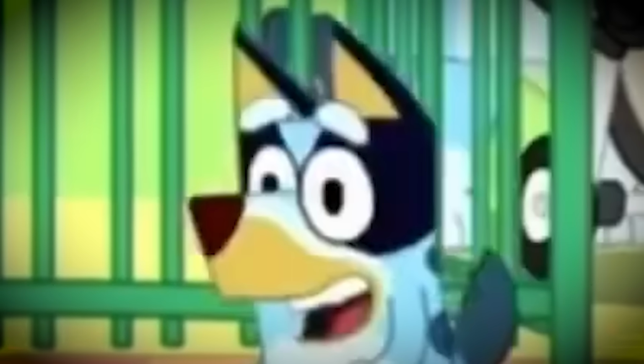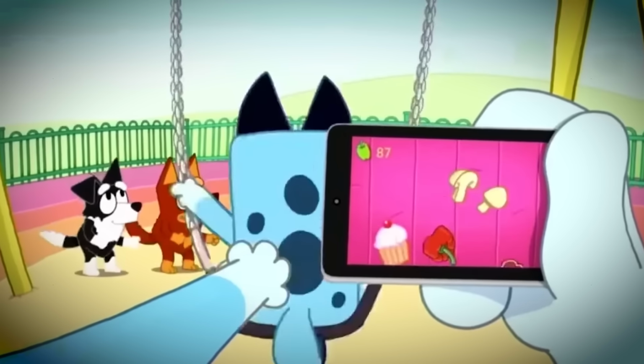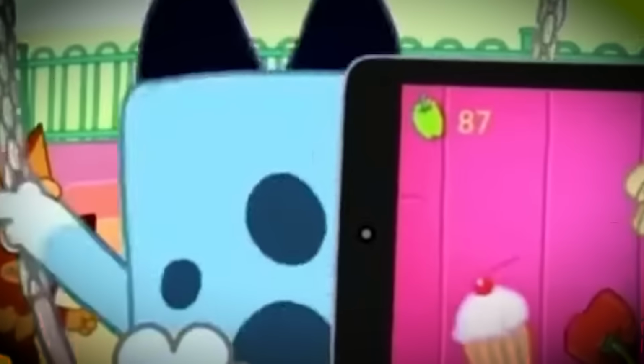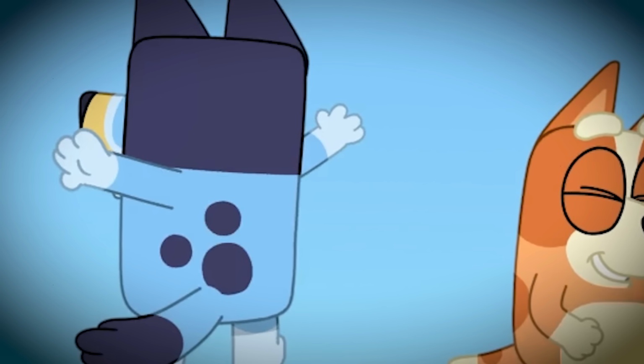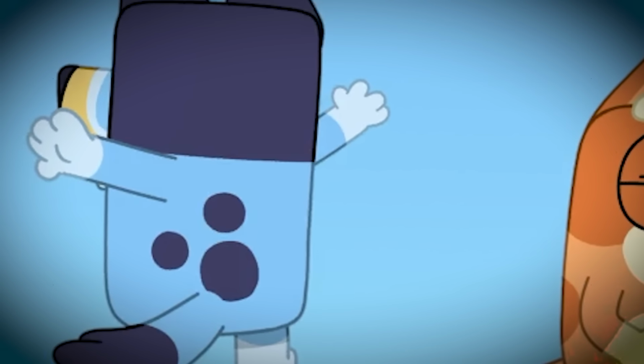The spots on her back also differ from the official version. In the pilot, she has 6 spots, including a larger Mickey Mouse-shaped mark on her back, while in the official version, Bluey has only 3 small spots that resemble the Disney mascot. Now let's look at her face.